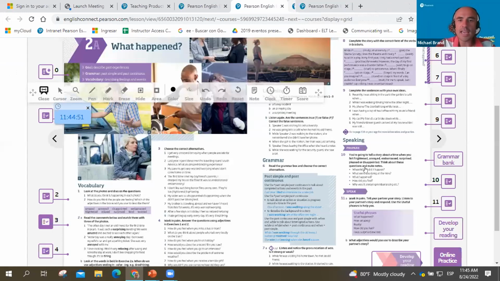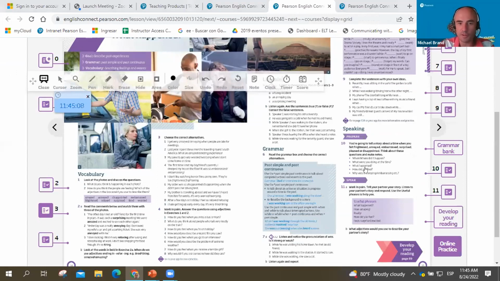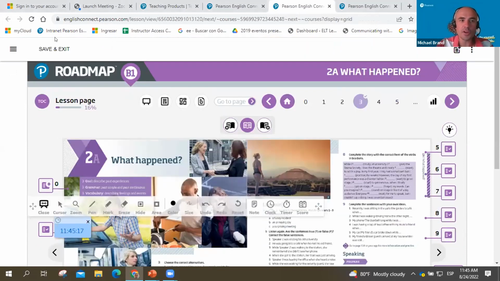Yeah, so it can be used offline. You can download lessons to use offline as well, Anita, and then what you do is synchronized when you have connection again. Just one more thing I'll show you, so I'm going to save and exit. So this would mean that any changes I'd made would be saved. One more thing I'm going to show you is the assignment tool.